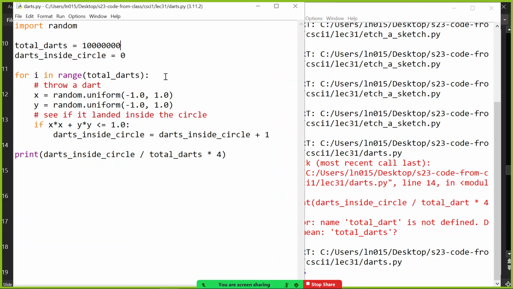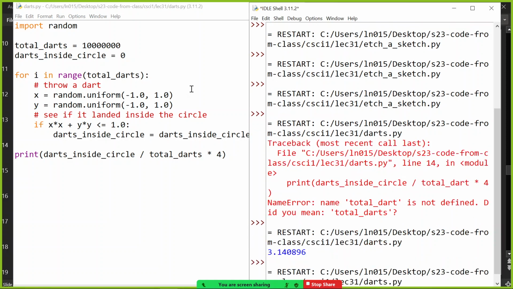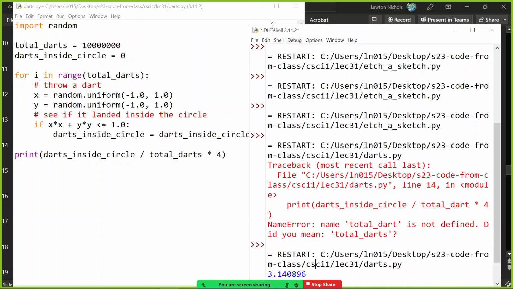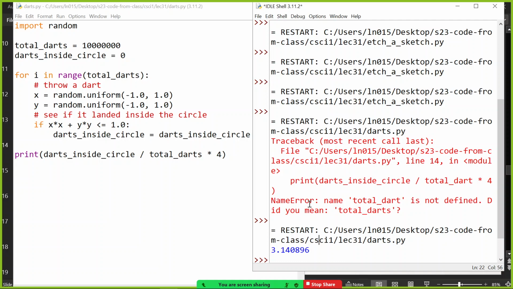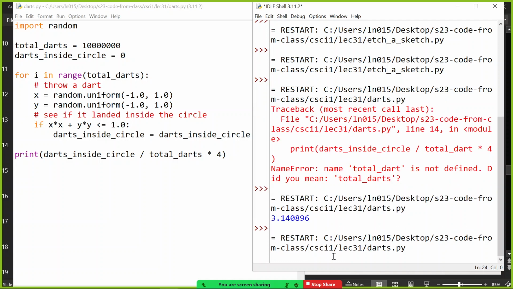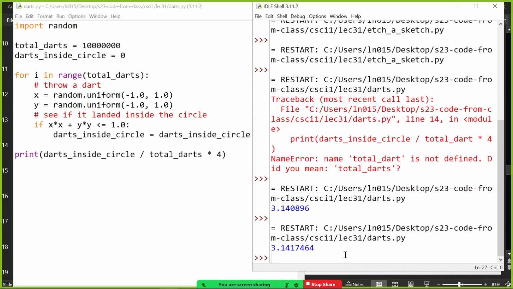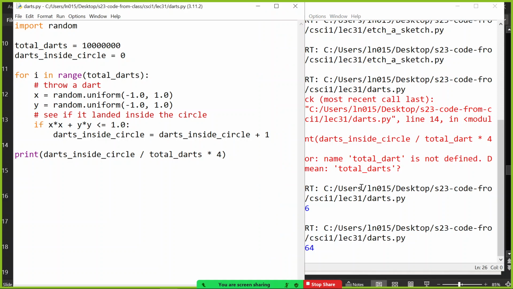Let's throw 10,000,000 darts. What do we get? This one takes a while. It'll take 10 times the amount of time. But this one's a bit better. 3.1415, if you round up, I guess it's not working very well. But it's okay. I guess you round to 2 decimal places, 3.142. Not bad, 10,000,000 darts. That's approximating pi.